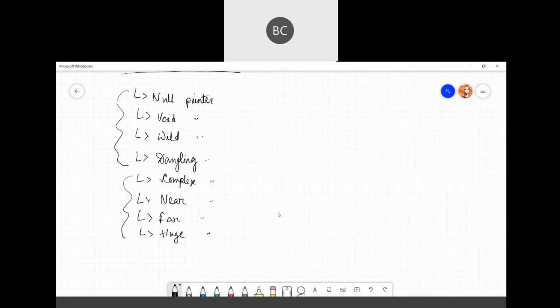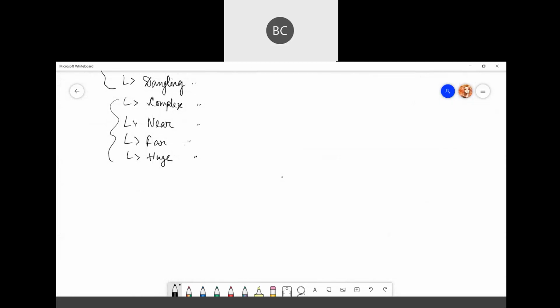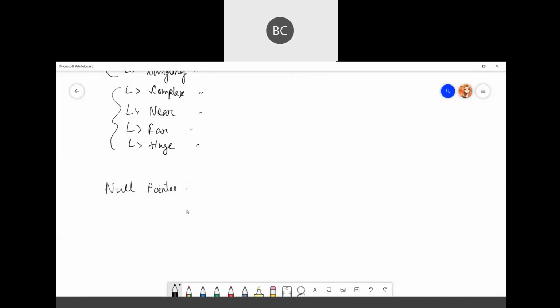So let's see what a null pointer is. Any guesses what a null pointer can be? It is the simplest one.